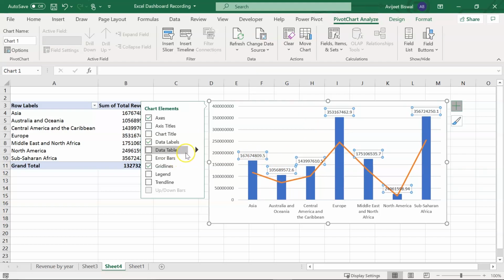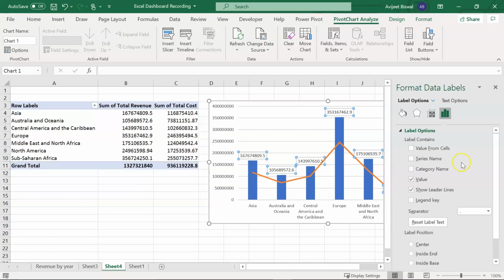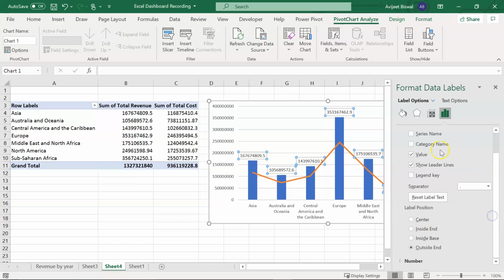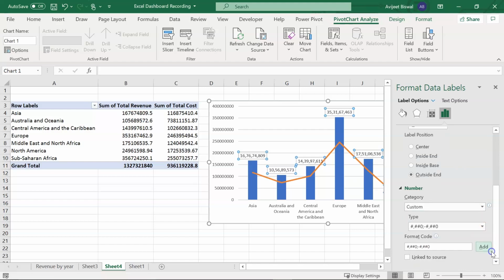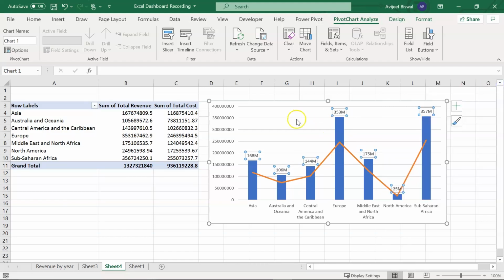Now let's format the data labels in terms of millions. So I'll click on this arrow, go to more options. If I scroll down, I have number. From here I'll select custom, and I'll choose my type, that is in millions. Alright, so you can see we have formatted our data.